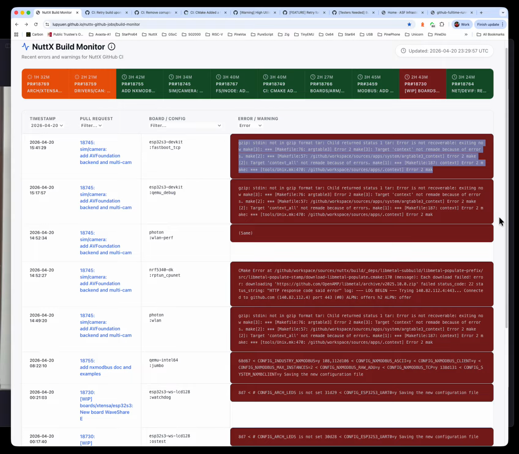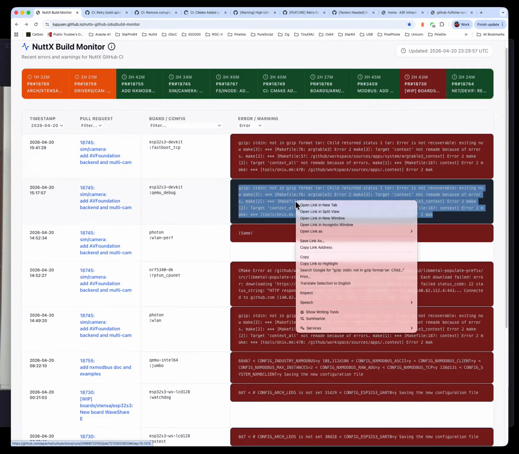We don't want developers to see their jobs being terminated, not because of something they did wrong, but because of something that GitHub itself couldn't handle. With this CI build retry, we see that it will automatically retry the build, and it will succeed. Let's go into the next error to see what's wrong. Now notice that this is a different target. It's QEMU debug instead of the previous one. When we go in there,